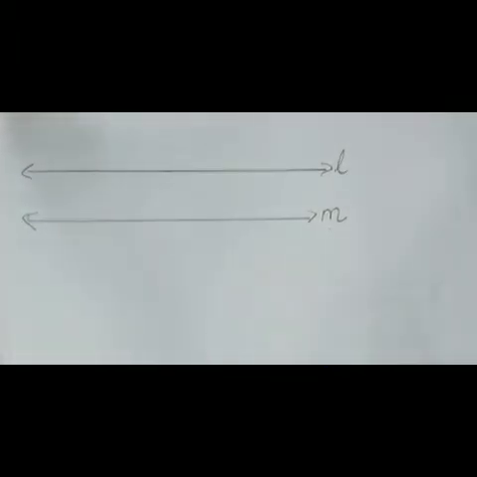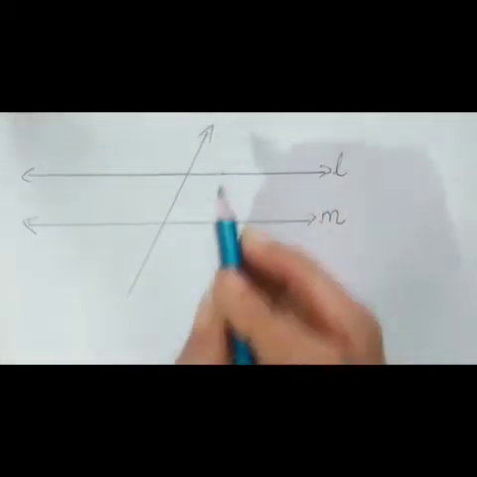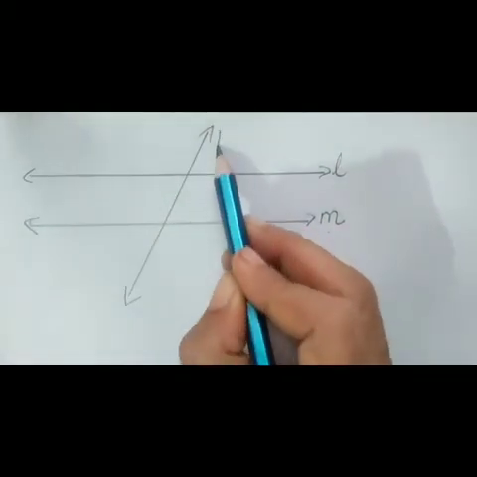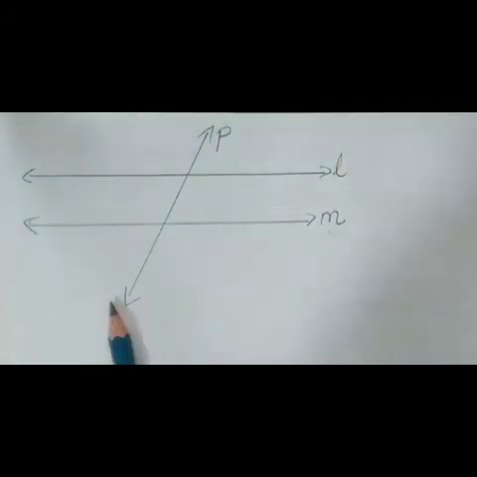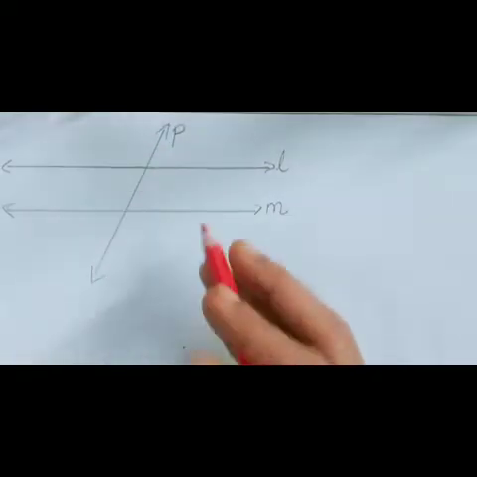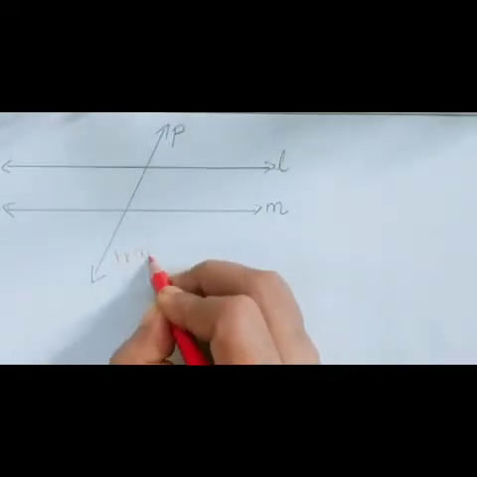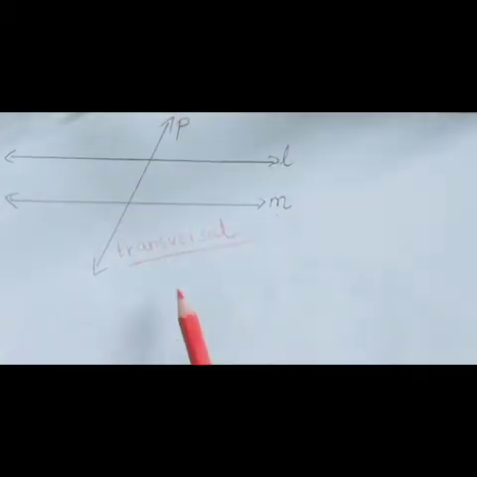joining each other. Now here I will draw another line, and this line also I will name it any letter you can name. Now I named it here SP. And what is this line called? When this line is crossing these two separate lines, this line is called a transversal. This is the transversal. This will be asked in fill in the blanks and all. So be ready for that with the spelling. So the line P is the transversal of these two lines, line L and line M.